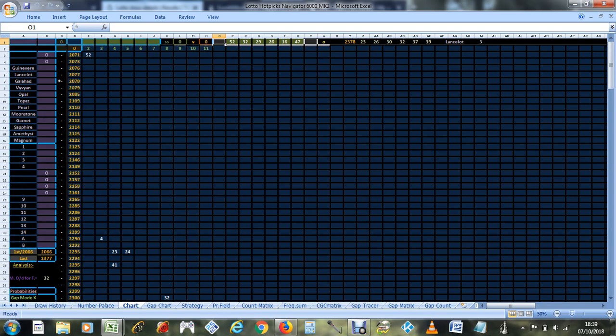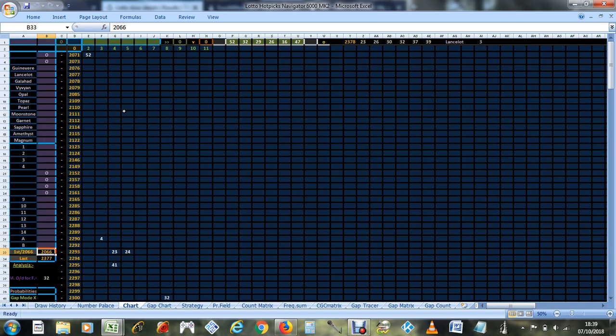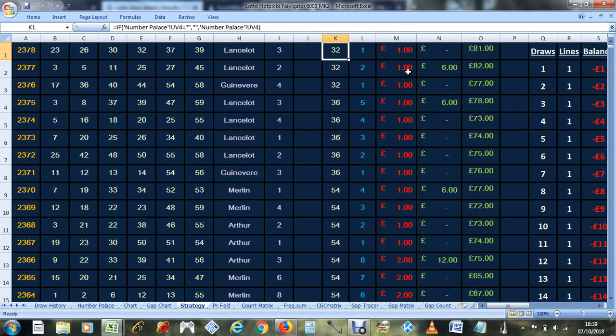Now when we're looking at a chart for just the two machines and 4 sets of balls that are in use at the moment, since the numbers went up to 59, we get this chart, and you can see that number 32 is the most overdue for its frequency on that chart, and it's also the number that I should have predicted for my little strategy, in which case it would have worked and I would have won £6,